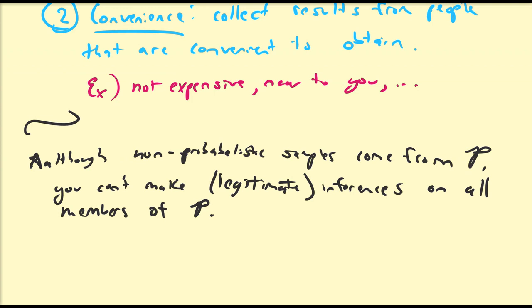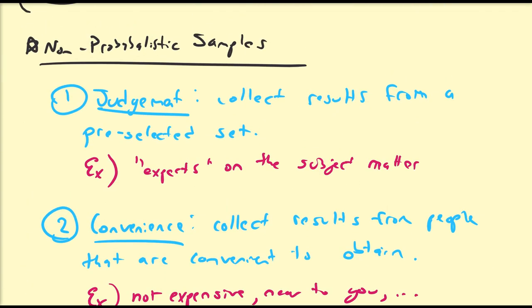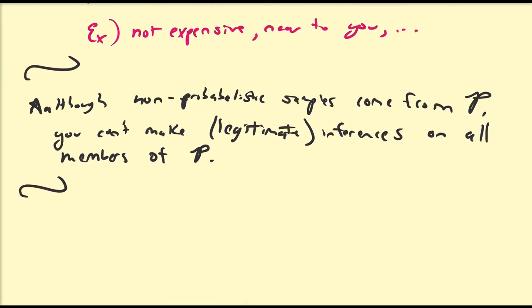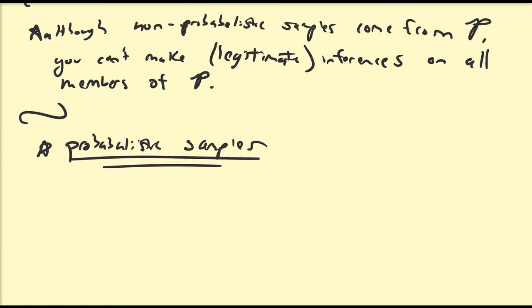So, to address these concerns, first we talked about non-probabilistic samples. Now we're going to talk about its opposite side, probabilistic samples. The first type of probabilistic sample that you're already familiar with is our simple random sample, right? Although easy to implement,